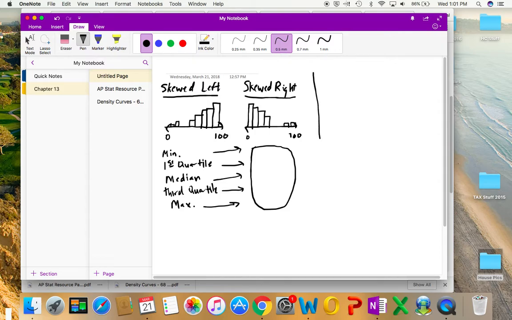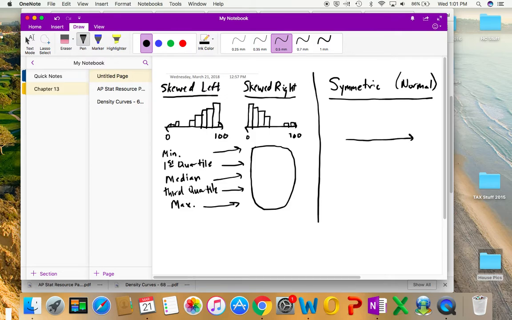Now, what about if we have a distribution that's a little more consistent? Okay, and that's what we're going to look at mostly today, and that's our symmetric, or sometimes called our normal distribution. Okay, and think about visually, it would be like taking these two distributions and just scooting this one over a little bit, scooting this one over a little bit, and you would see it would form a nice bell-shaped curve. All right, and just to kind of redraw it, we're going from 0 to 100,